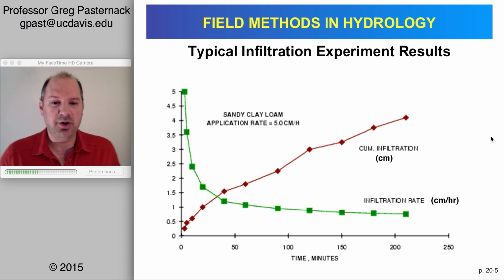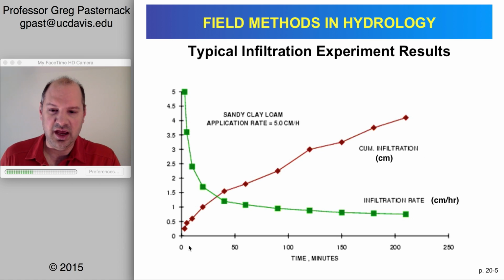So here's some typical data just to show you. Here's an experiment that took place over more than 200 minutes on the x-axis. Now, the y-axis has numbers, but you don't see a y-axis label, and that's because the label is provided differently for each colored line. The green line with the squares goes down, so we start with a very high infiltration rate of 5 centimeters per hour, and then it quickly drops off, reaching a near asymptote by the time you get to 200 minutes. You can also then cumulate that